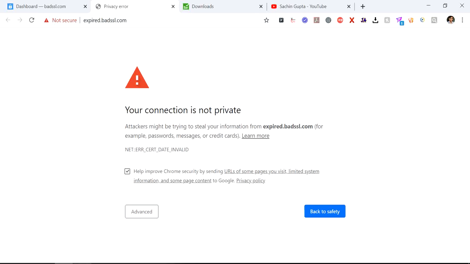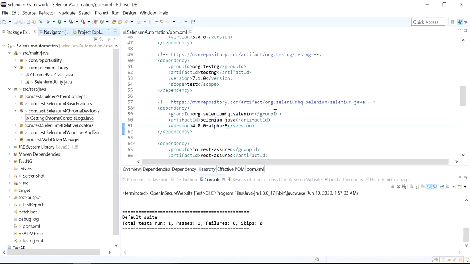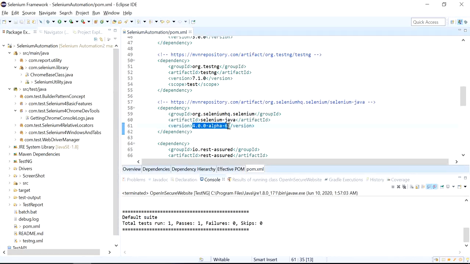Okay, let me go to this. I opened Eclipse and here we can see I'm using Selenium 4 Alpha 6 version. So this is still in alpha testing. I hope this will be the final version and we will get the next version to use. Selenium 4 is still in a testing state. Okay, let me create one class for the demo. Last time I created a Chrome DevTools package here and gave a demo for console log. If you haven't watched this video, please go through it.